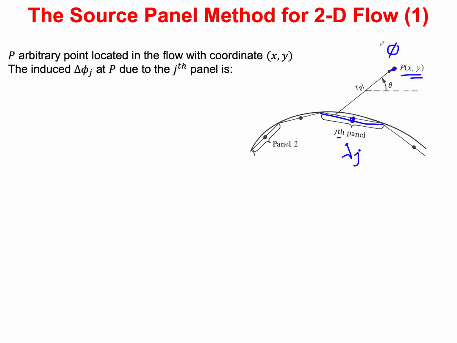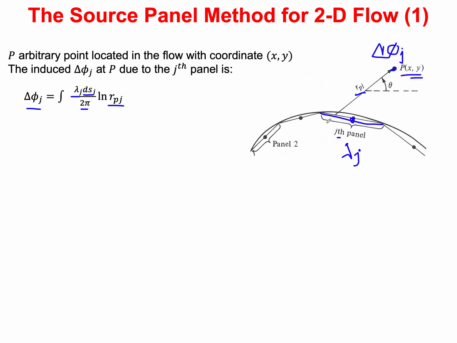And then that delta phi that this panel J is going to produce at point P, we can compute it from the distance between panel J and point P. So that's the radial distance from P to J. And just like we've seen in the previous slide, that contribution is just the strength of the panel, length of the panel J, and 2 pi, and then the distance times the logarithm of the distance between point P and